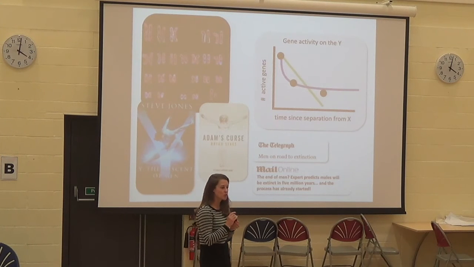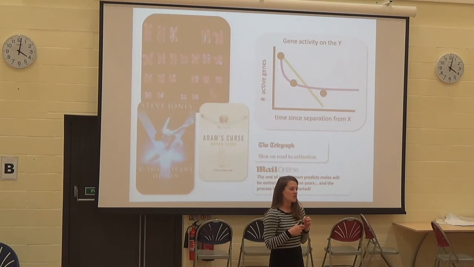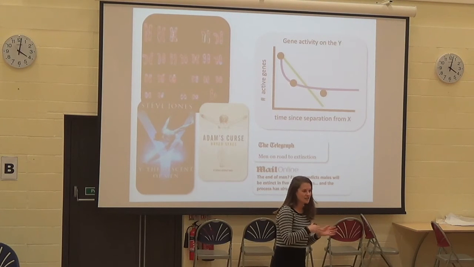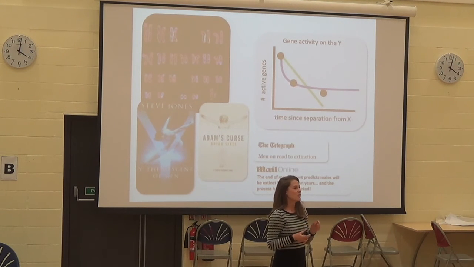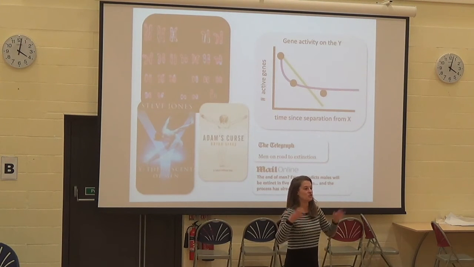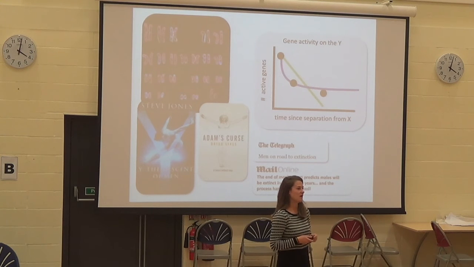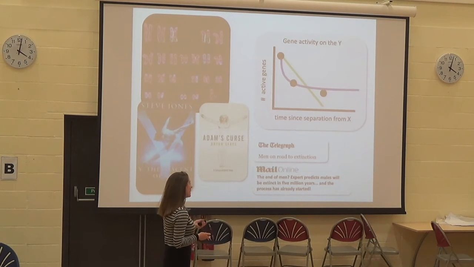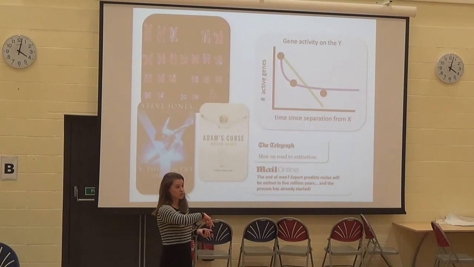But I think yours is such a good question because it raises the idea of maybe there are some genes where it's more likely that they're lost than other genes. And so that's what we're starting to look at, why are the genes that were lost? Is it because they were less important, or is it just random? And you just have a random chance of being lost. So yes. But all we know at the moment, because this happened millions of years ago, so it's really difficult to look back and say what did those genes do, which ones were lost. So all we know at the moment in human Y is that there's about 45 of these genes remaining.